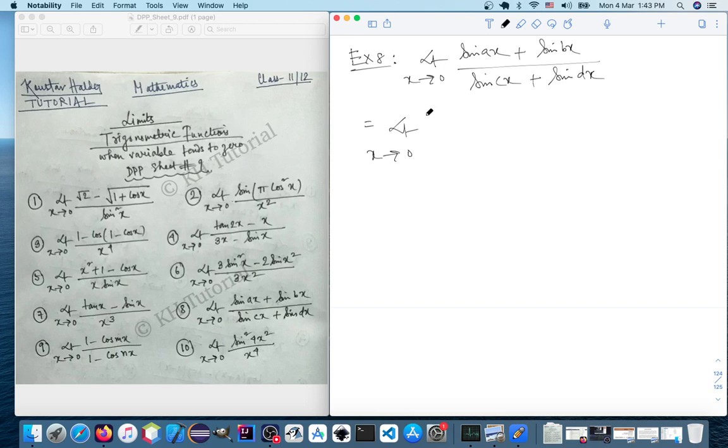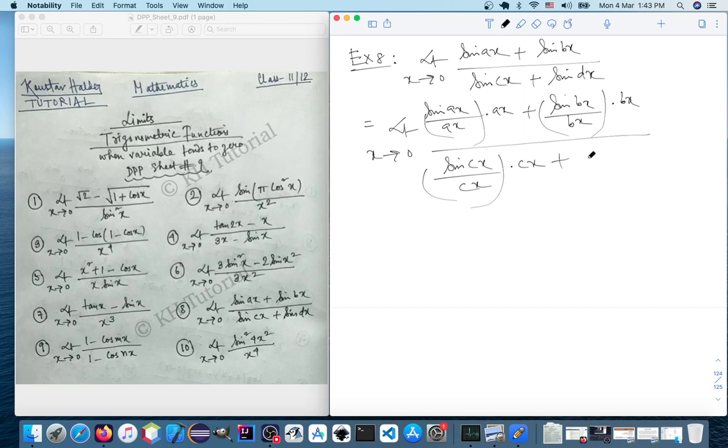all the terms. So we have sin ax by ax, we adjust the ax, and over here we have sin bx by bx, we adjust the bx. In the denominator we have sin cx by cx, we adjust the cx, and finally sin dx by dx, we adjust the dx. Now you can see we have common x from the numerator and the denominator, that gets cancelled out, and we are left with